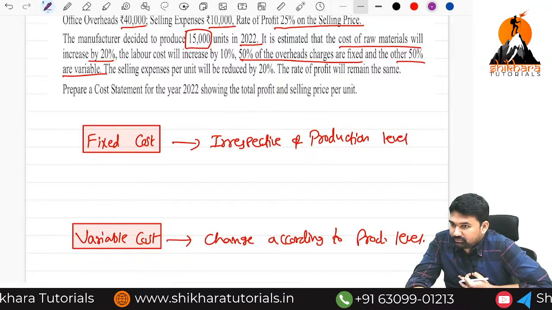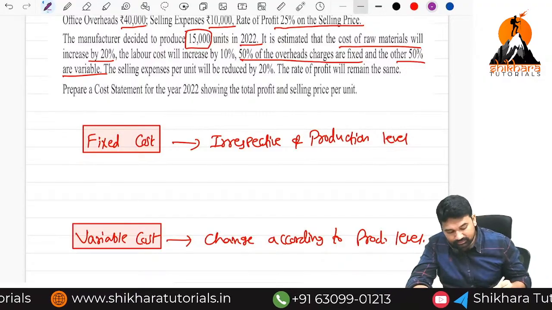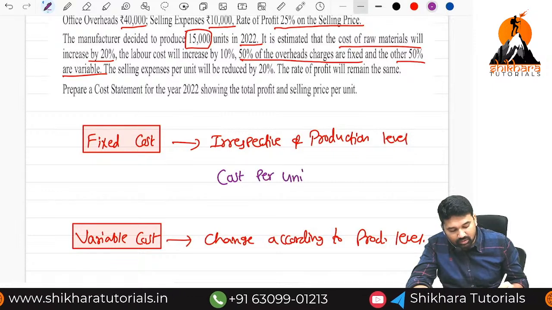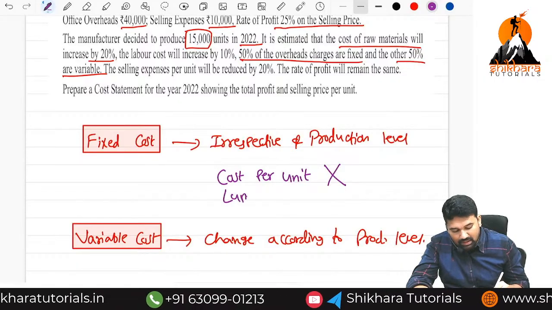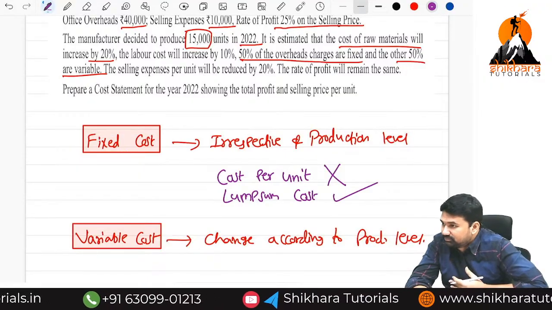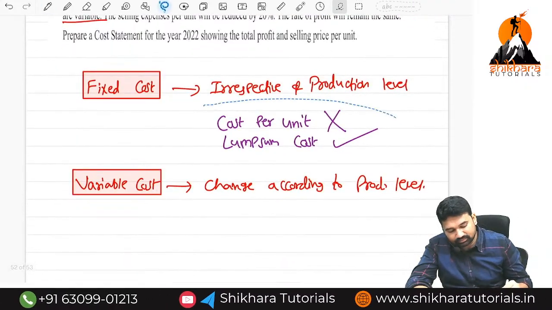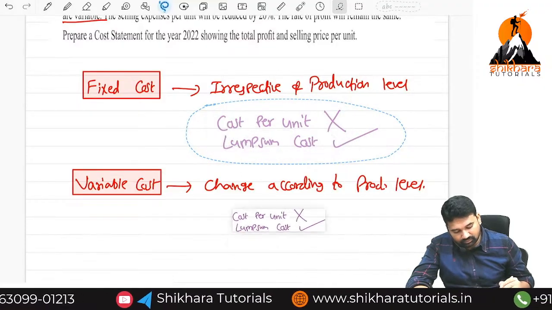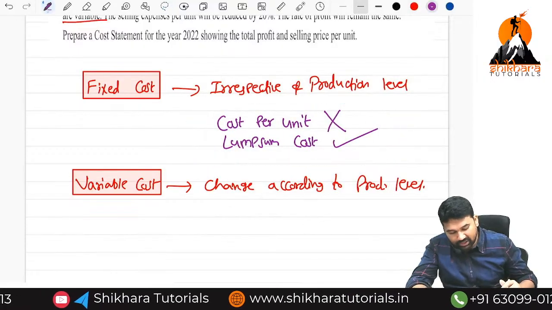Completed. Shall I proceed? So the main thing is, in fixed cost, cost per unit is not fixed. Lump sum cost is fixed. And in reverse,